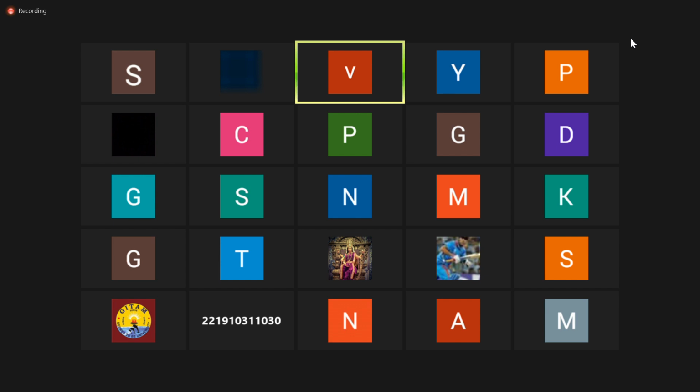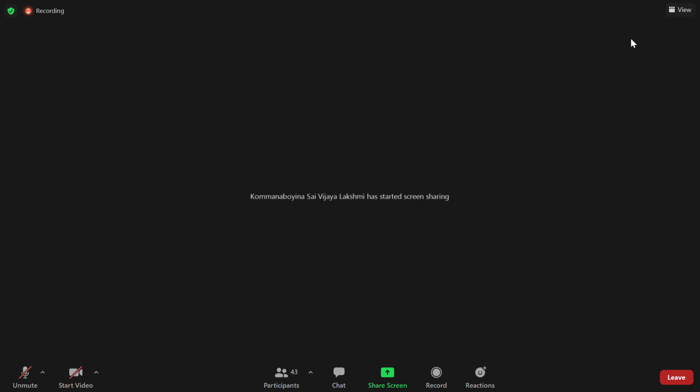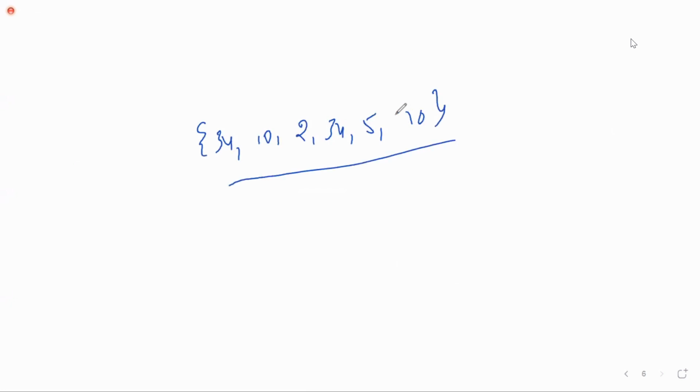For example, the given array is 34, 10, 2, 34, 5, 10, and one more 34. Assume this is the given array. In this array, you have to count each and every occurrence of the element.